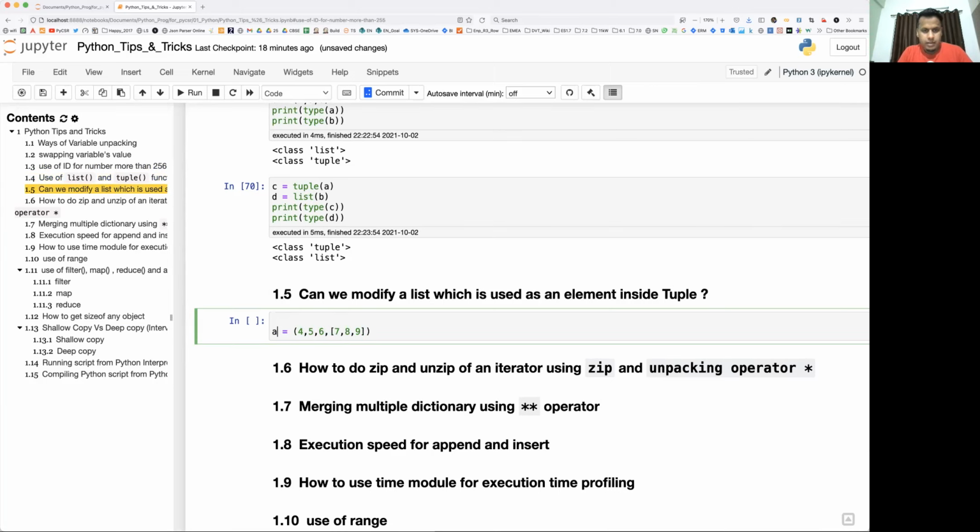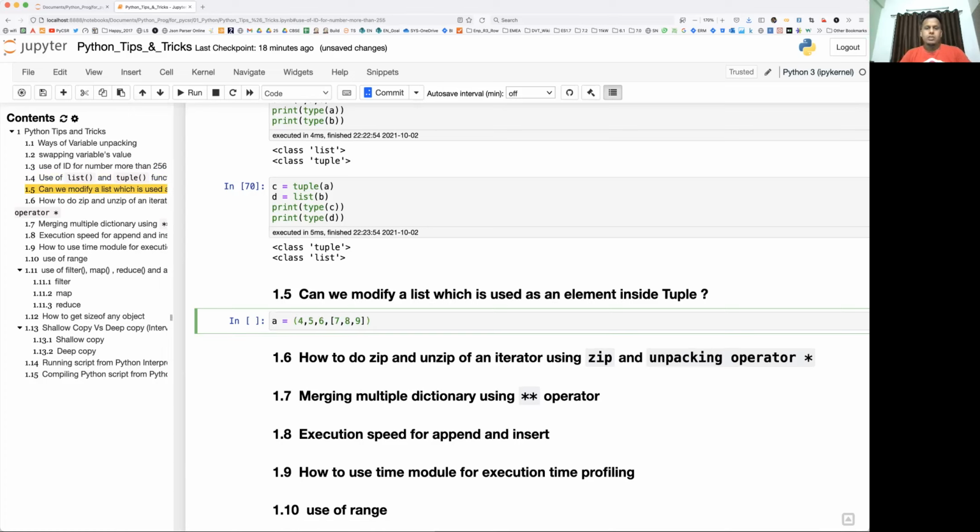Let's take tuple directly. When I ask this question in interviews, most people fail here because they know a tuple is immutable and cannot be modified, right? So the moment they see this small bracket, they directly say it cannot be done. But remember, guys, whenever you use any mutable or immutable object inside another mutable or immutable object, they will not lose their mutable or immutable properties.